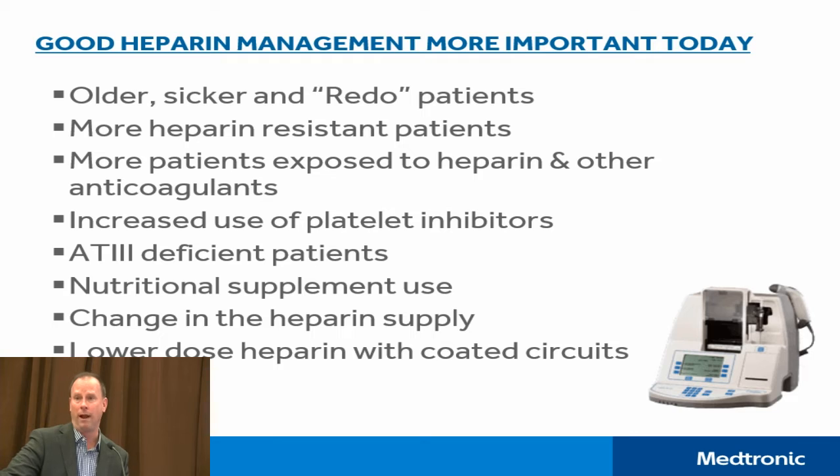We're seeing more and more heparin-resistant patients. Here's a show of hands. Are you all typically seeing more heparin resistance? You are? It kind of varies. I see about half and half saying, yeah, we're seeing more and more. It's not dramatic. Every now and then it could be. Repeat the HDR if it is. But I find that probably half of who I poll say, we are seeing more resistance. And other times you get the ones that are not, and those are the cases you love. So this is a challenge, and